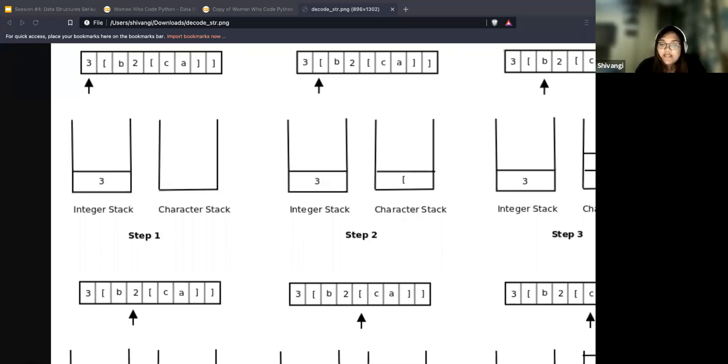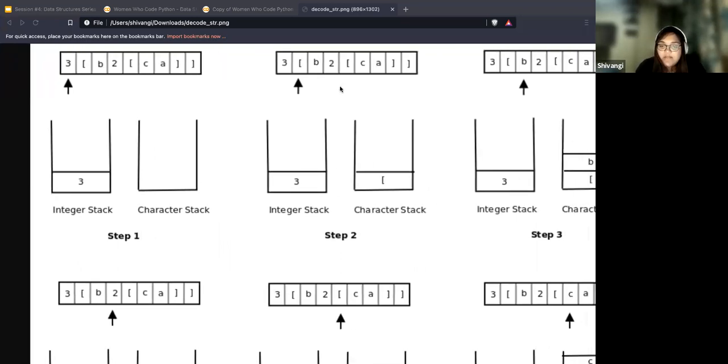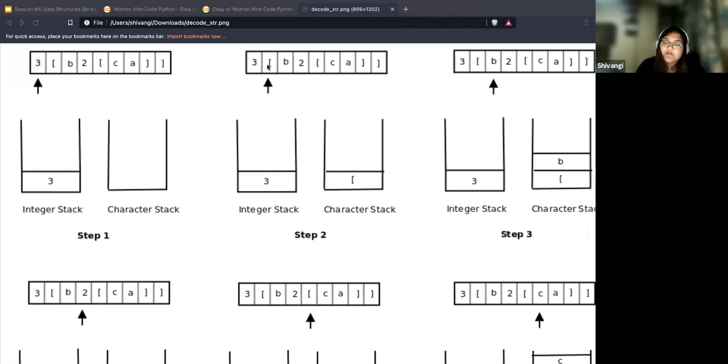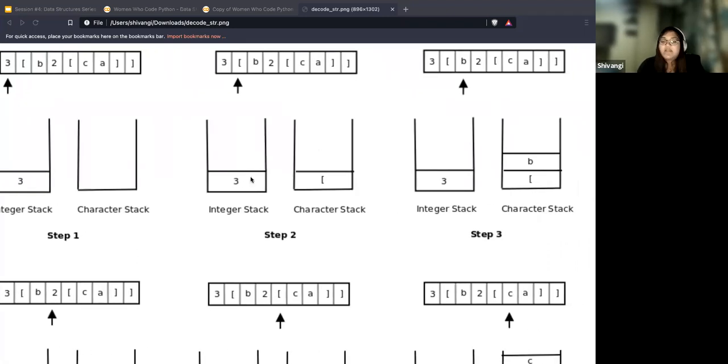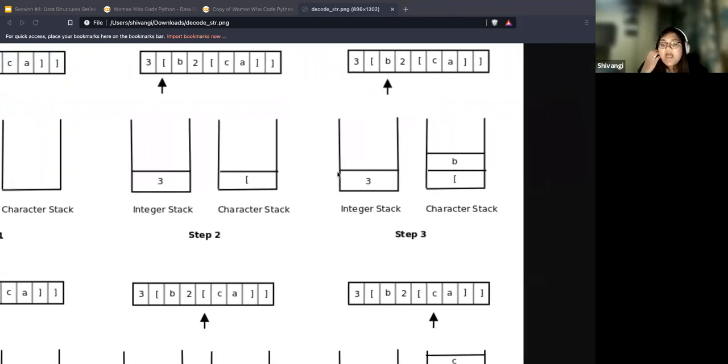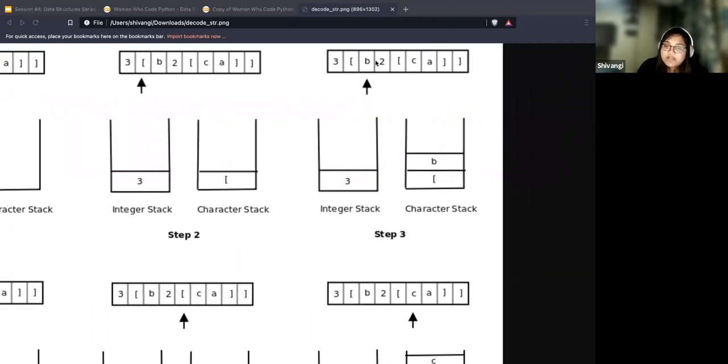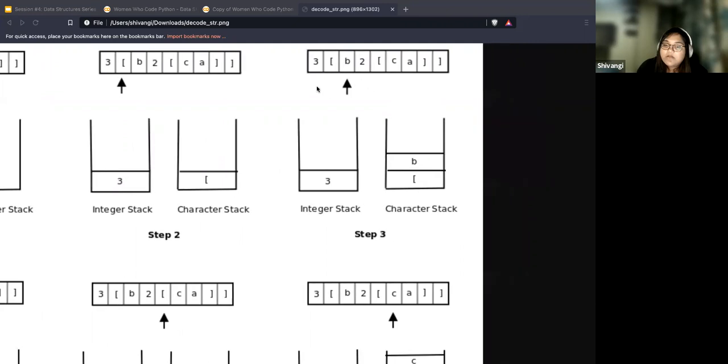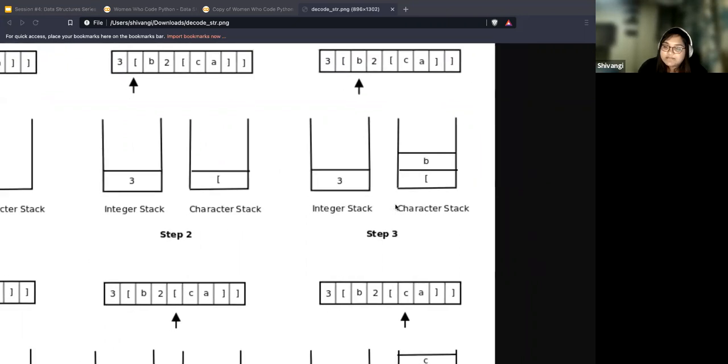Now, what is the next step? In the next iteration, it's going to encounter an opening square bracket. So it's not an integer, so I'm going to add it to the character stack, right? And the next thing you would want to do is go over to the next index, right? You're going to move right. And that's B. You encounter a B. It's a character. Again, I'm going to put it in the character stack, right?